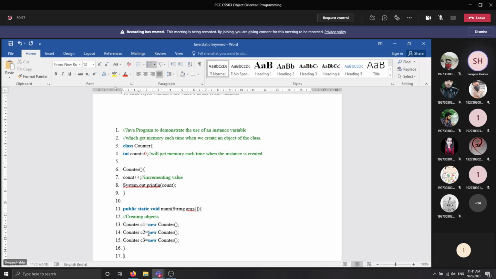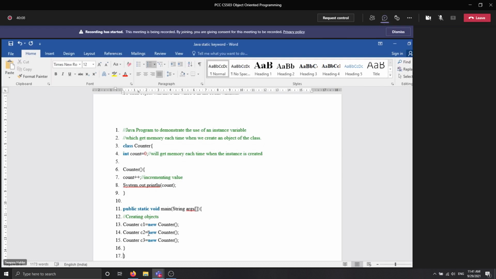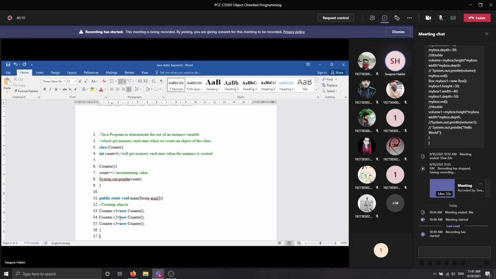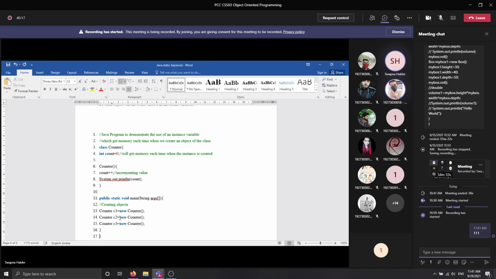You are creating, and one more thing, since you are saying the value will be 1, 2, 3, I want to mention one point that whenever you are creating an object of a particular class... Ma'am, 0, 0, 0. No, 1, 1, 1. Yes, the value will be 1, 1, 1. Can you explain the logic behind it?